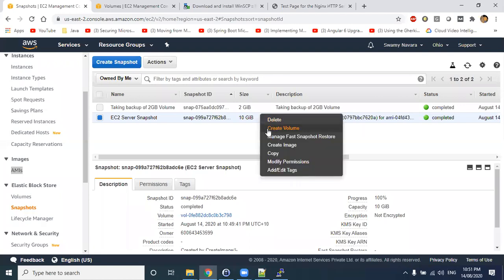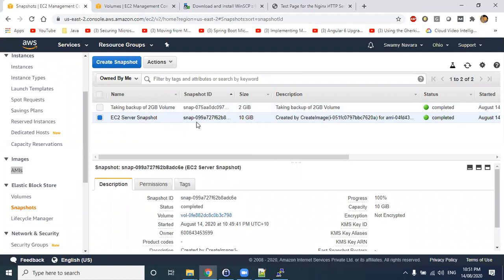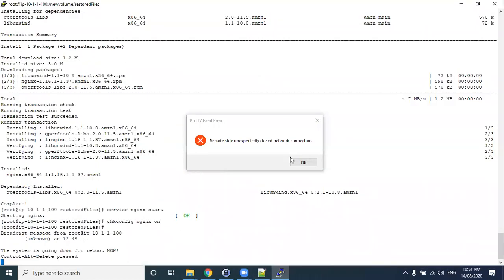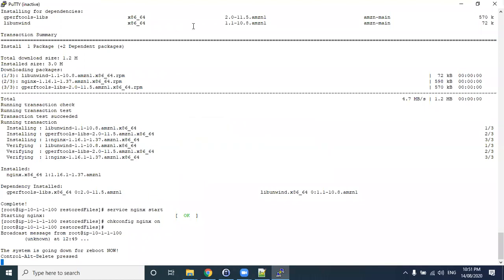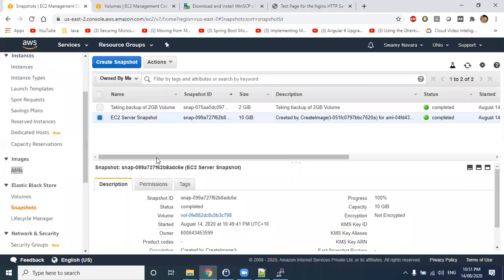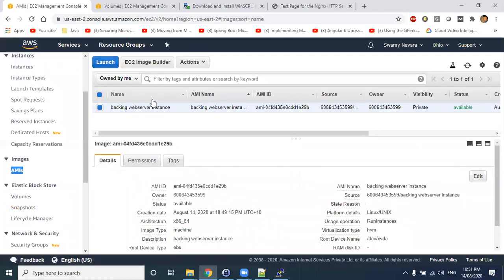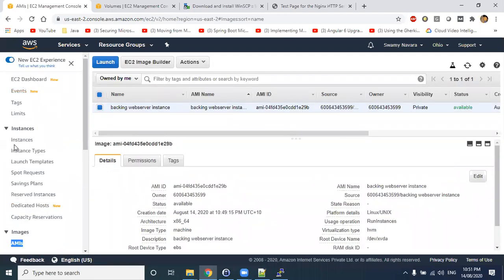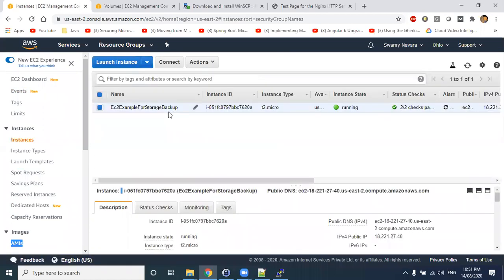Otherwise, if you try to restore this snapshot with a different EC2 machine, then in the EC2 machine where you are attaching the snapshot, all the servers or software we installed in this particular Linux will be restored. Now our AMI is ready. Now let us launch a new server, or you can also kill the existing server and we can create a new server.